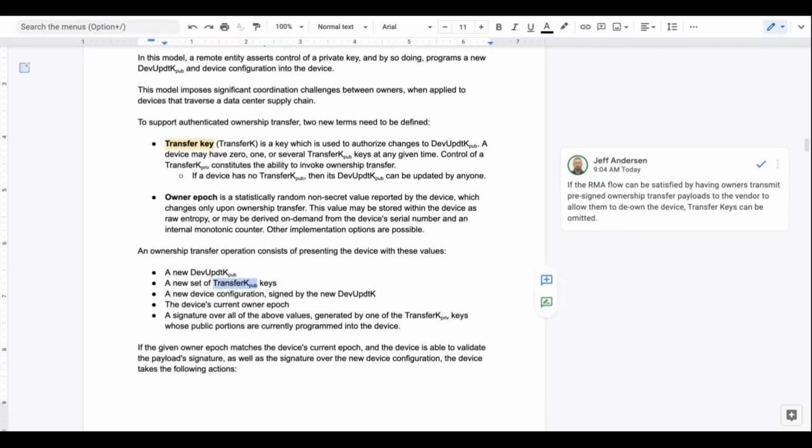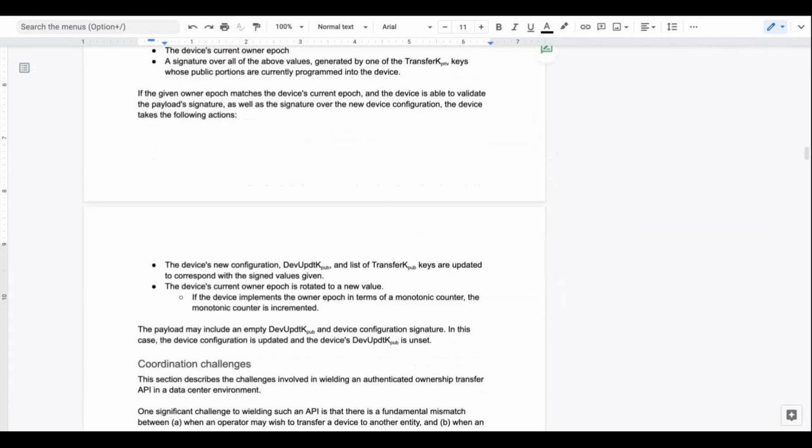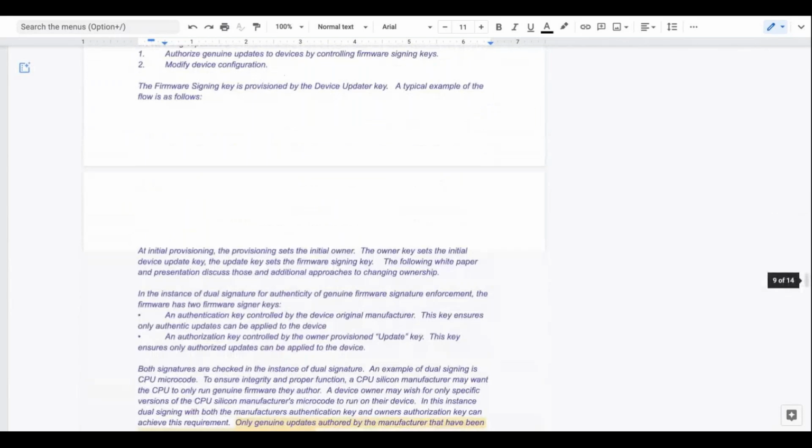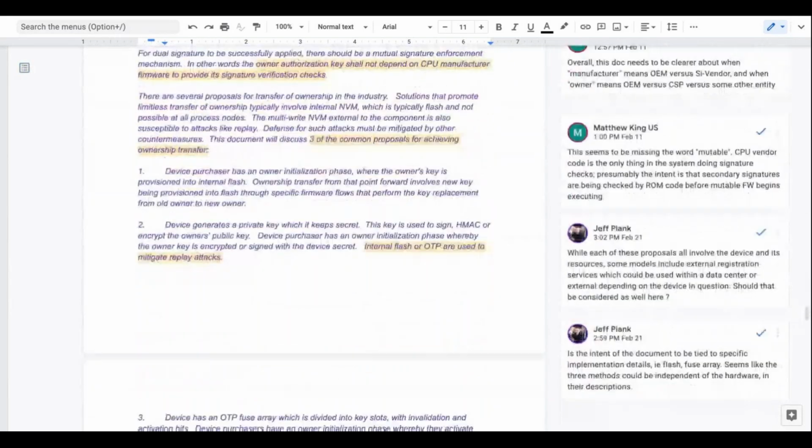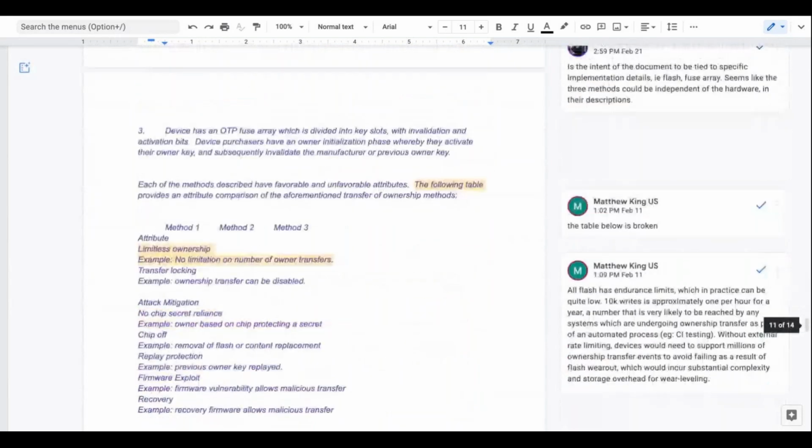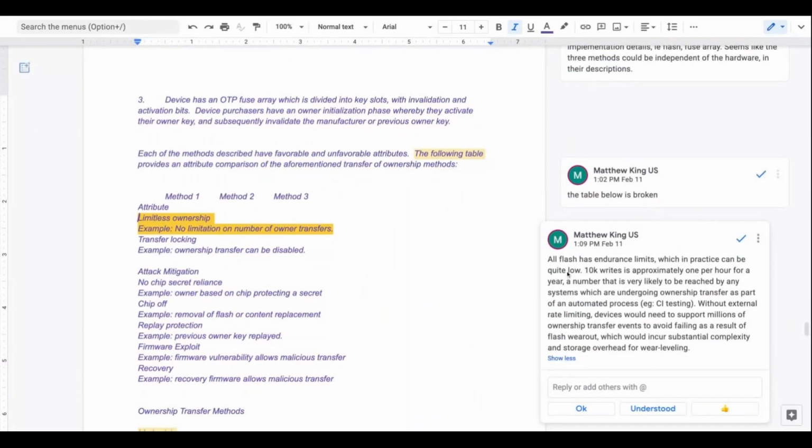Yeah, that's an interesting angle. In designing this, I thought either the device has internal flash and we have plenty of space to write, although as noted in a comment that's still captured here somewhere, flash does have endurance limits, so we can't assume that flash can be written as many times as we want. That is something to keep in mind. But yes, and then if a device only has internal fuses, let me scroll back up.